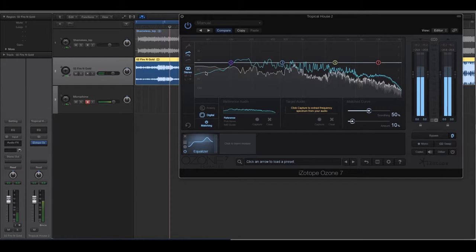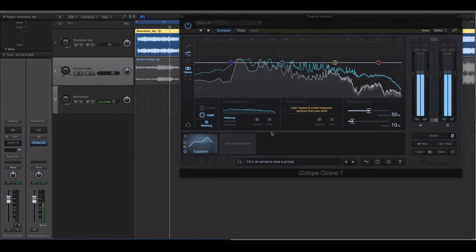And you can see it kind of painted in that blue line, and it freezes it. So now if I play my track again,